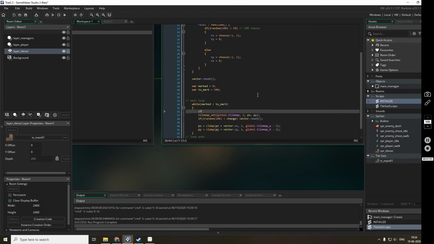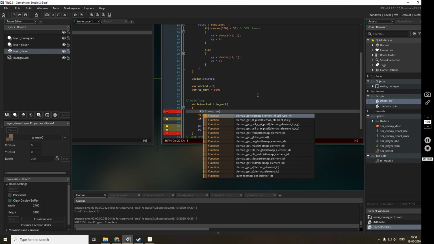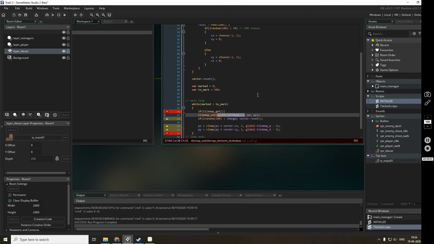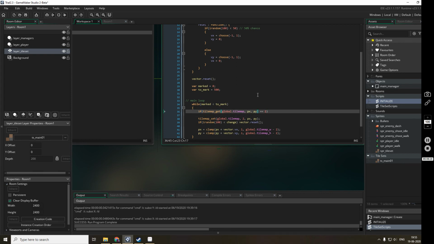I'll first check if tile map get is equal to 2, just the ground wall tile. 2 is the wall tile. Okay, I could have taken a macro, but I have not.